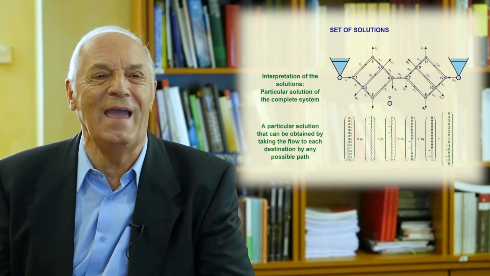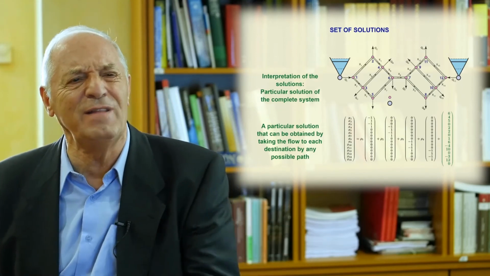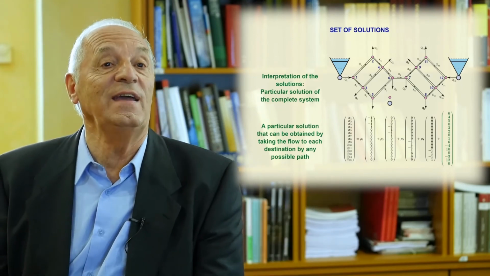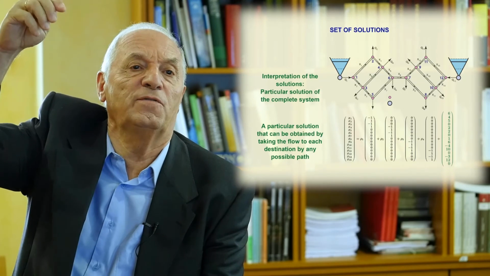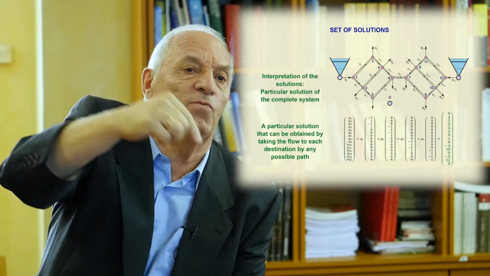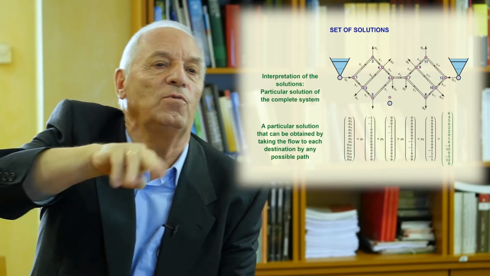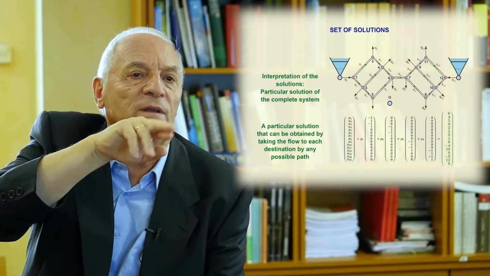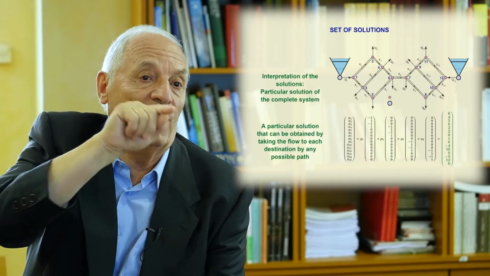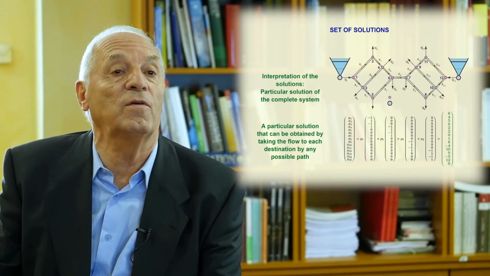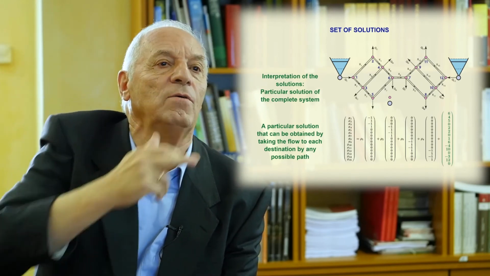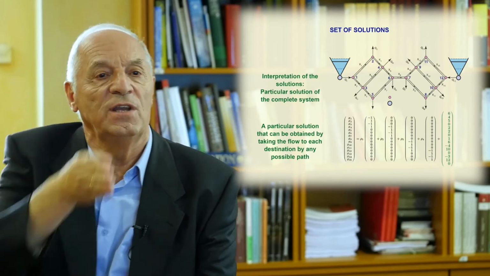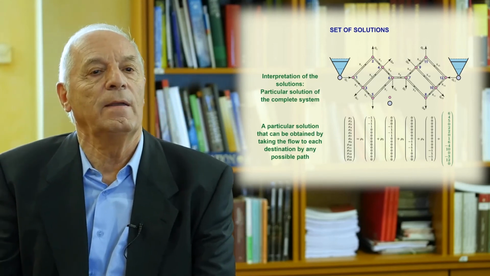Finally, I have to obtain a particular solution. This particular solution can be any one. You can choose any. There are infinitely many, and you can choose any one. So the idea is, if you need an amount of water at a node, you say, okay, I take this from this deposit, and I take it this way. You put the corresponding unknowns, the value that corresponds to the water you want to get from that node, and the rest zeros. Then you do one by one all the nodes where you want to get the water, and you add up all the results, and you will get that particular solution.